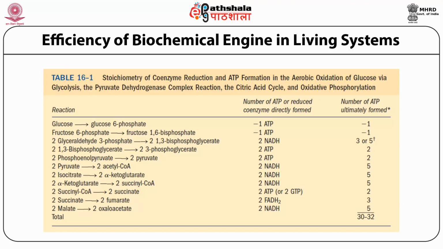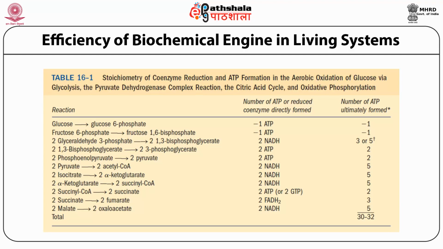Energy obtained by the biological engine, if you count, is 32 ATP multiplied by 30.5 kilojoules per mole. It is equivalent to 976 kilojoules per mole. Thus, 34% efficiency is obtained if calculations are done using standard conditions. But if concentrations in the cellular conditions are taken into account, the efficiency is close to 65%.